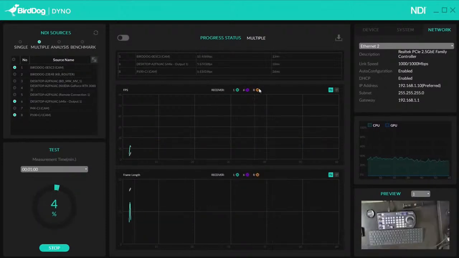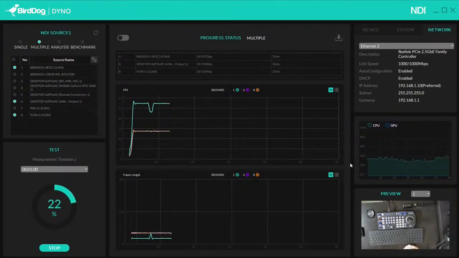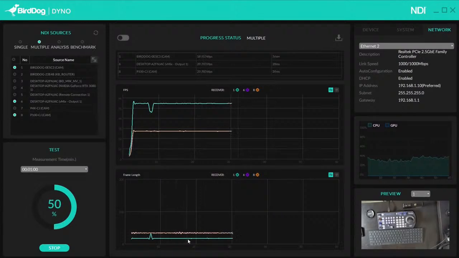You can see I got a 3rd color, number 8, and then the preview is my PF120 that's above, showing down on my keyboard. So as this is running, once again, it's a 60-second test, and you have 1, 6, and 8. Again, I can toggle this off if I want to see the different colors. And right now this is all looking good. My PF120 is actually shooting in 60 FPS, while my other 2 cameras are shooting in 30 FPS. Now notice the frame length of the PF120 is half, and that's just because 16 milliseconds is my target for